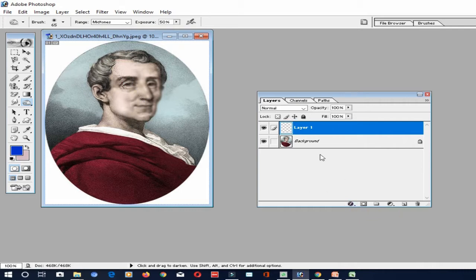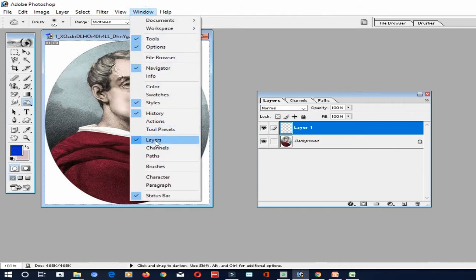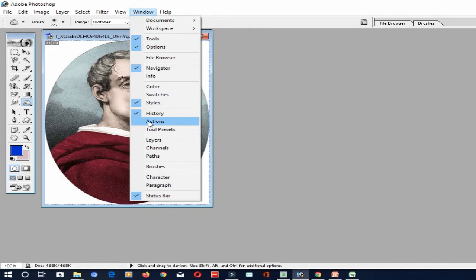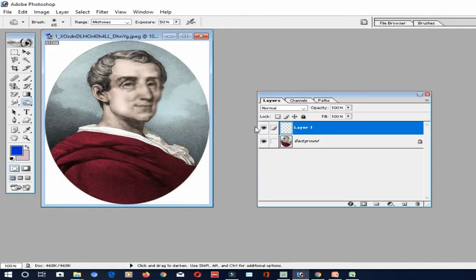If you can't see the layers panel on your screen, you can go to Window and click on Layers. It will toggle between visible and invisible. Click on Layers and your panel will be visible, or you can press F7 from the keyboard. So now let's see what a background layer is, how to create a new layer, how to select and deselect a layer, how to order a layer, and renaming and deleting a layer. Let's see one by one.